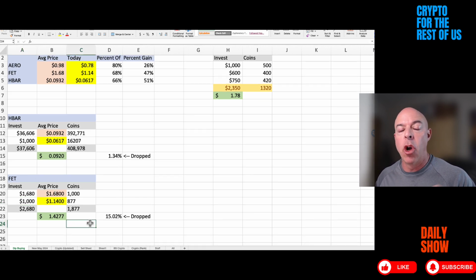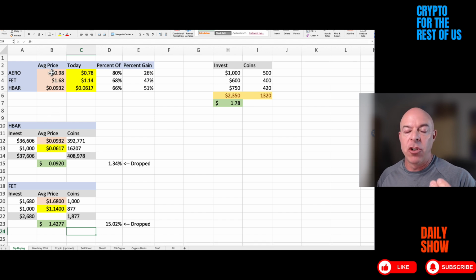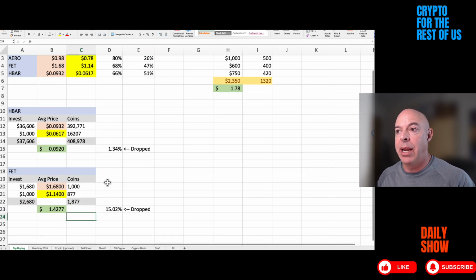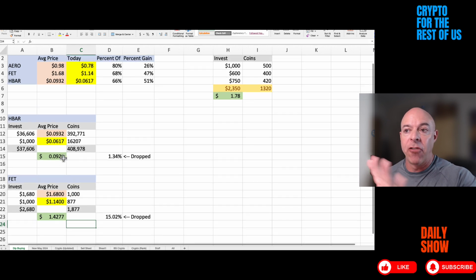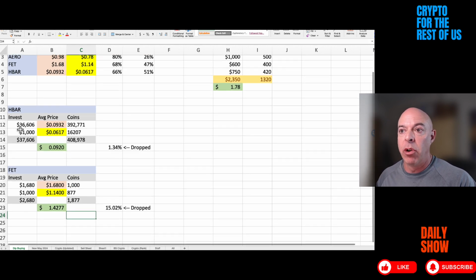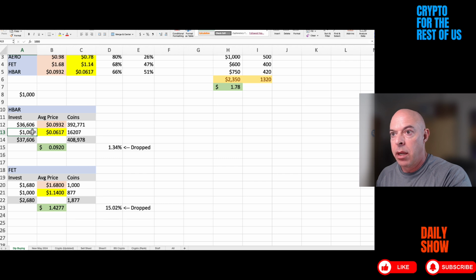So typically I will go back and look at the other projects, and I do this for everything. I look at the average price of everything I have, what everything dropped when there's a big dip, what the percent gains are, because I could make some quick money. I just drop it into this spreadsheet, which I already have for all of my coins. So I just merely put $1,000 in. I usually have one field, let's say it's $1,000, and everything reads off that. Check this out. If you just make that equal to that, and this one equal to that.